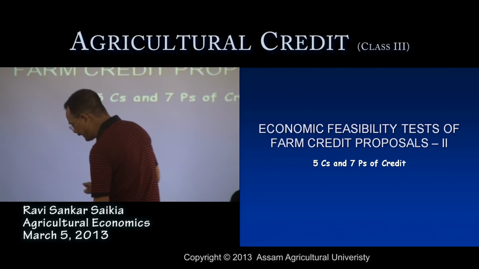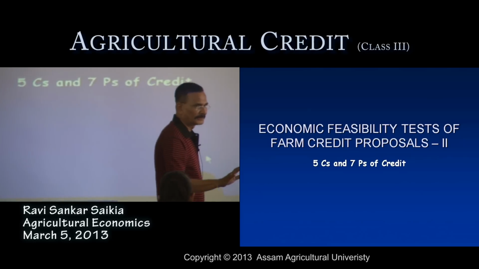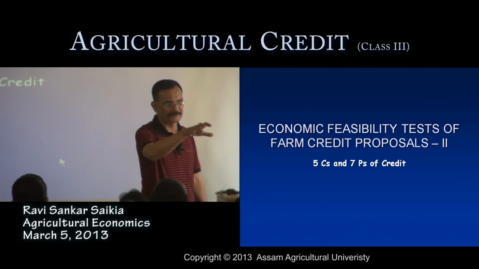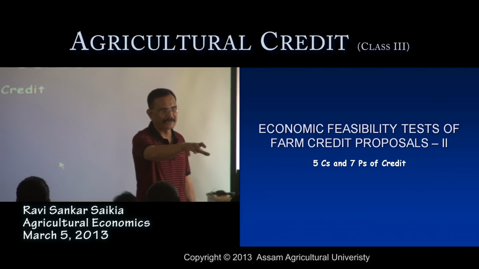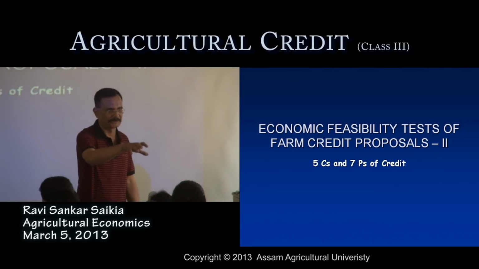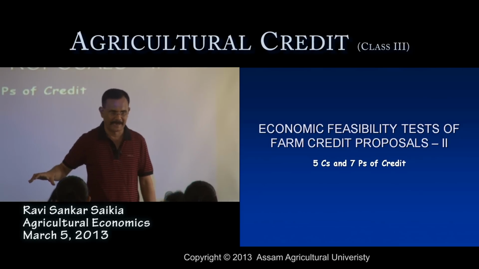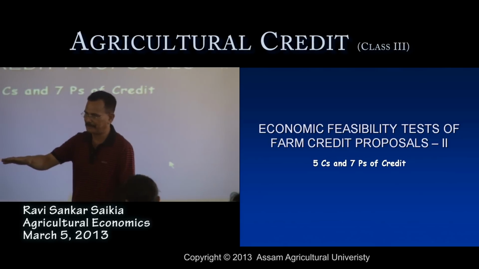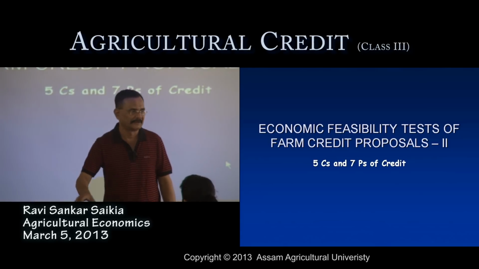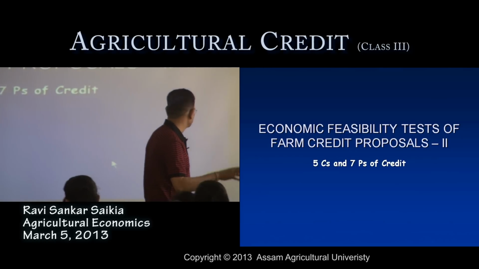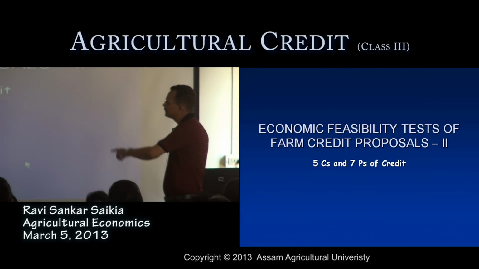So this is to get the economic viability of the project. Project means the enterprise, okay. In selection of the enterprise, selection of the project, we have to submit it to whom? To the bank to get the loan, and the banker will go for examining the project, where the farmer will invest the loan. They will look for the inter items, then they may go for the estimation of the return, okay. So likewise in this process, some economists try to examine this economic feasibility test in this way. At first we consider the 5 C's of credit.